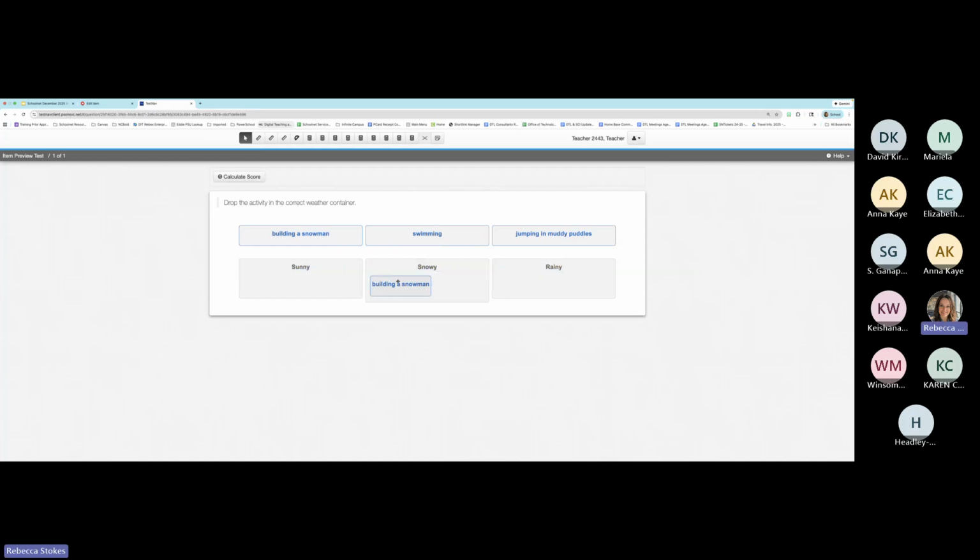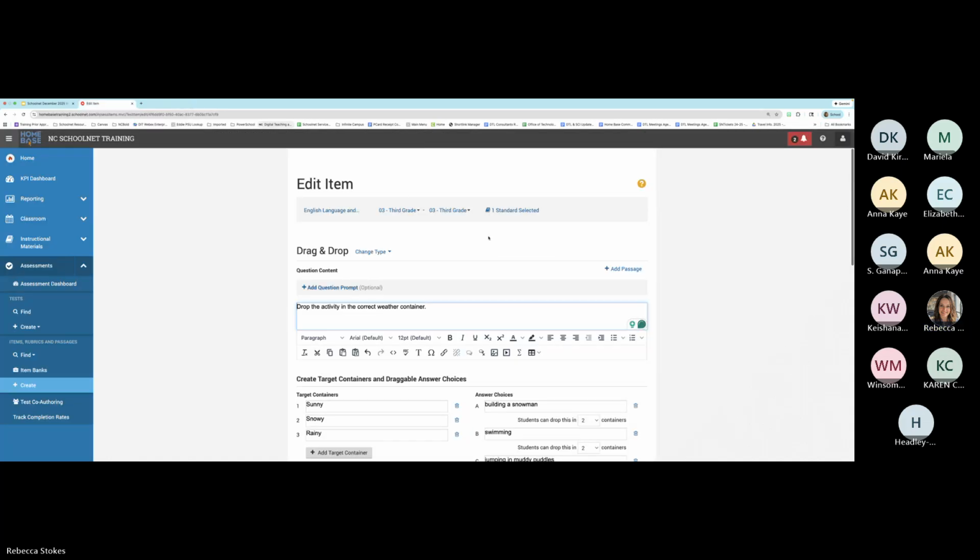Okay, so since I dragged this, I now see the building a snowman still because I said they could drop it into more than one container. So I just wanted to show you what that would look like if you chose that. Okay,